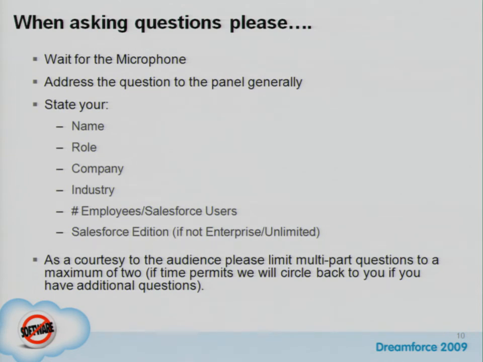Want to start from the product side, and then we'll take it to the services side? Yeah, I can talk a little bit about it. We have a pretty good solution around that. First of all, if your partners are using Salesforce, then we have this unique capability called Salesforce to Salesforce, which can only be enabled in a multi-tenant platform. You can share cases with them, and they can work on the cases, and then you can sync them back so you can see what they worked on and the status of those cases and report on that.